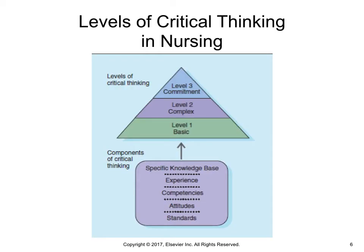Critical thinking in nursing. At the basic level of critical thinking, a learner trusts that experts have the right answers for every problem. Thinking is concrete and based on a set of rules or principles. A basic critical thinker learns to accept the diverse opinions and values of experts, such as nursing instructors and nurse preceptors. However, inexperience, weak competences, and inflexible attitudes can restrict a person's ability to move to the next level of